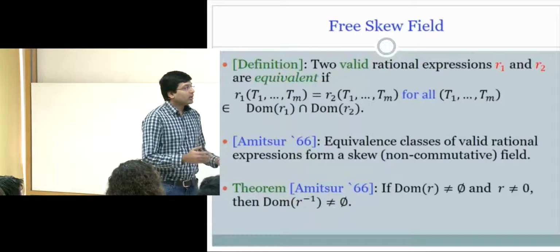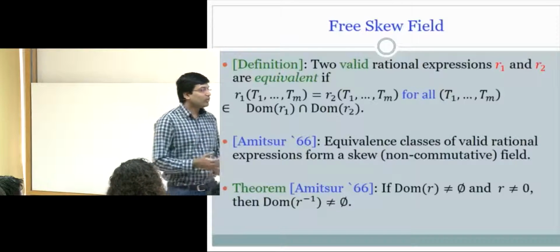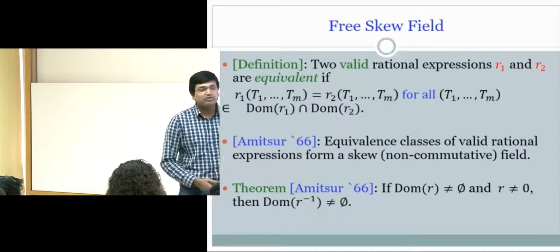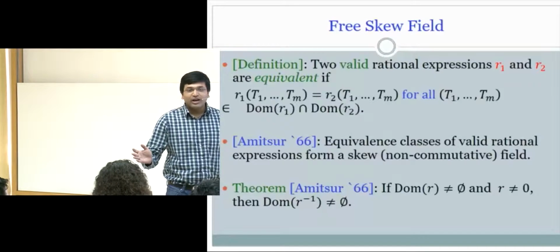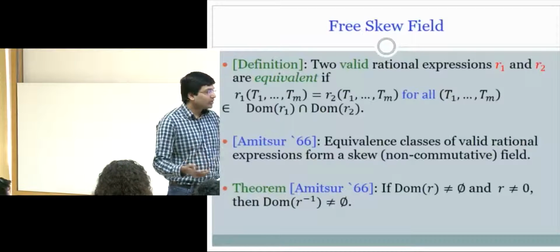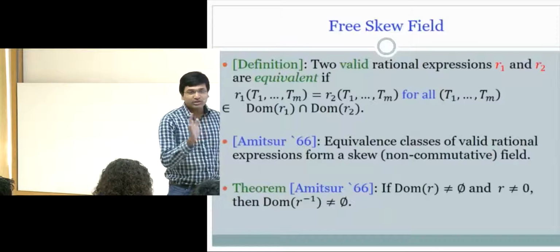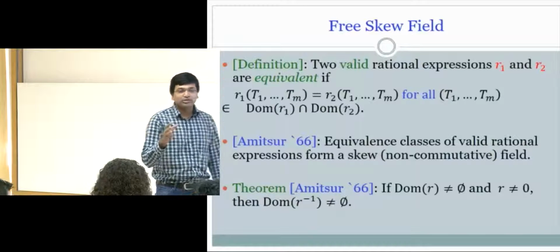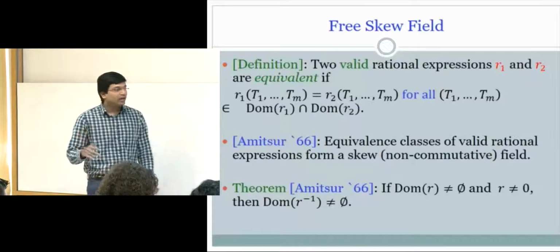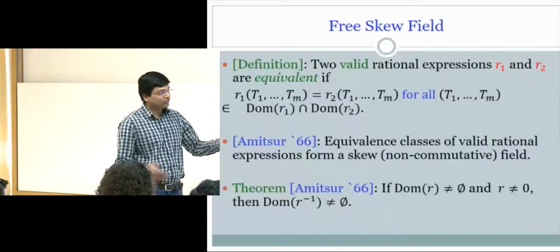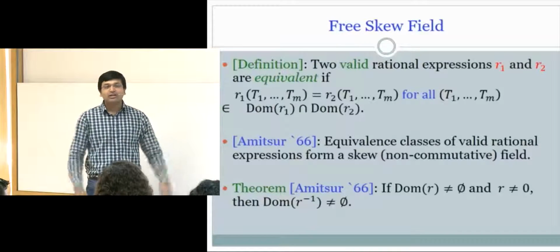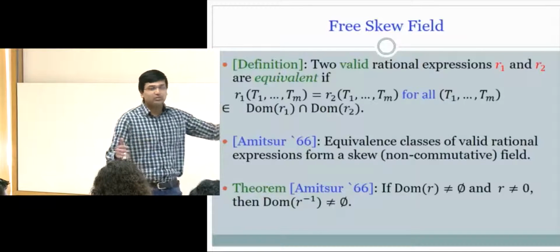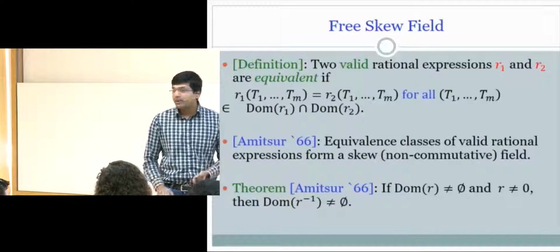Okay, so you might argue, why do you have to plug in matrices? You might plug in elements from some other division algebra, and you form equivalence classes that might give you some other definition of this free skew field. But it turns out, again Amit proved, that plugging in matrices of finite dimension is a universal thing to do, and that's why it's also called the universal free skew field. So this is the right definition of the free skew field. It's a universality property, and that's satisfied by this free skew field.